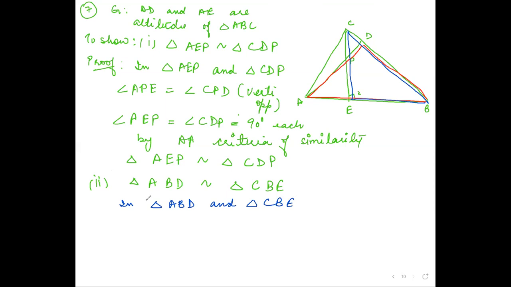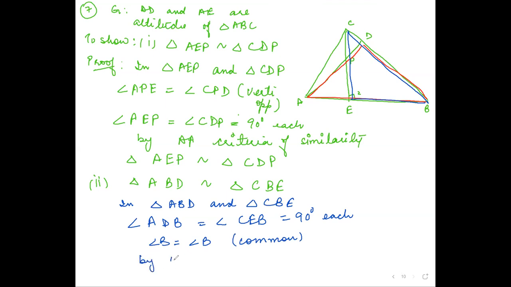Angle ADB is equal to angle CEB because 90 degrees. Exactly. Angle ADB is equal to angle CEB, 90 degrees each. And ma'am, angle B is common. Exactly, angle B is equal to angle B, which is a common angle. So two angles are equal. So again, by AA criteria, triangle ABD will be similar to triangle